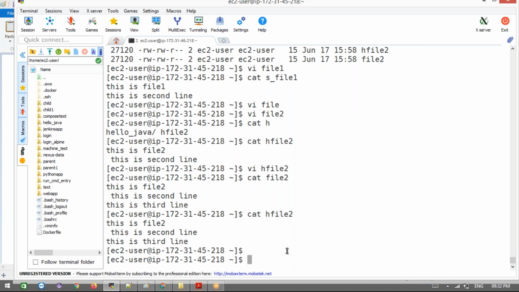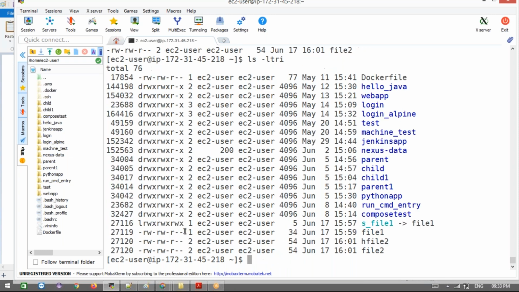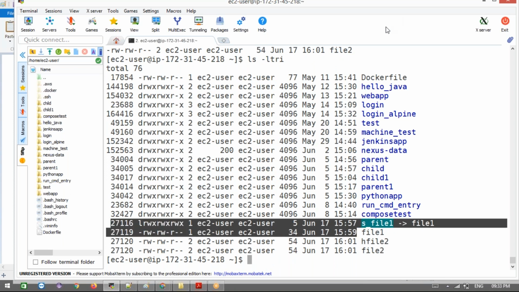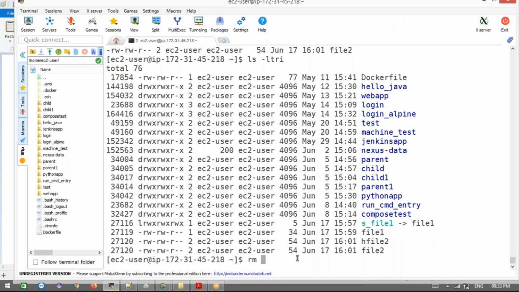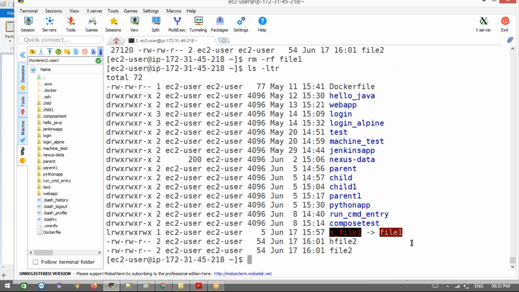Ln means link. Okay, now let's see here, right? I have this file, right? What I'm going to do is remove file one. See here, I'm going to remove file one here. Okay, let it be here. I can see here this is the inode, right? That's the reason I opened this. Now see this here, I'm going to remove only file one, rm -rf file one. Okay, I'm going to remove only file one. See here. Okay, there is a file two out there. Now see here, if you see this kind of issue in your system, any software blinking, it means the source file is missing in the system, the link.